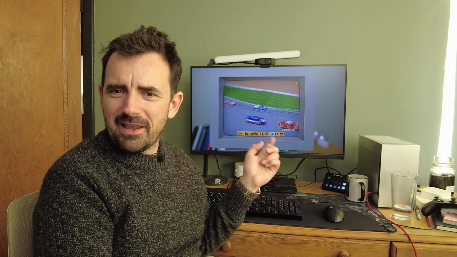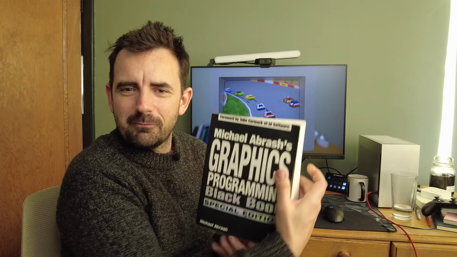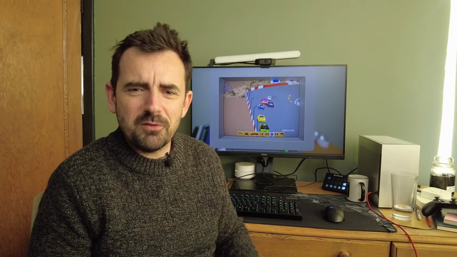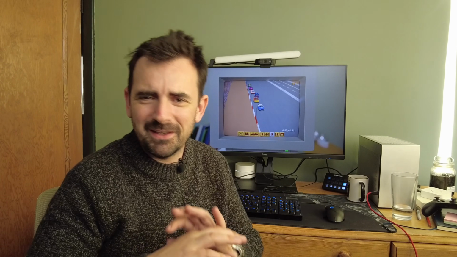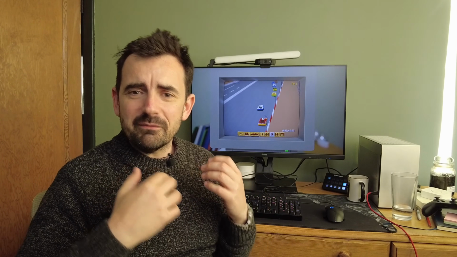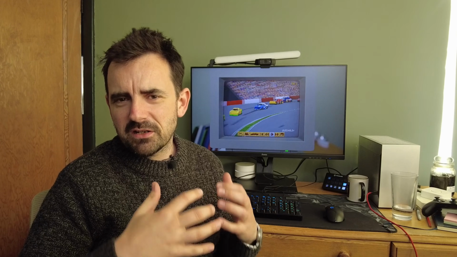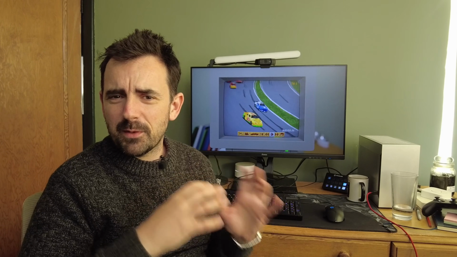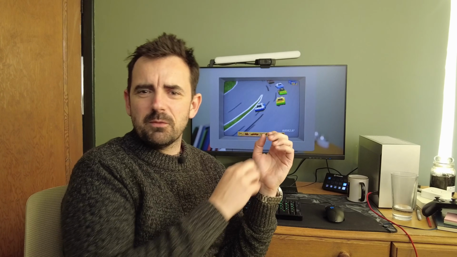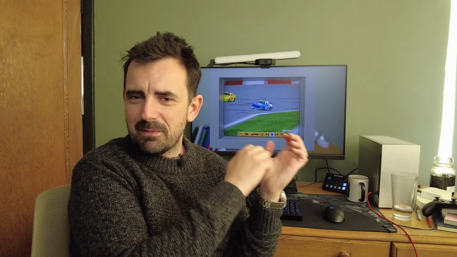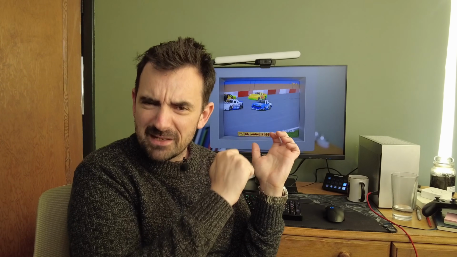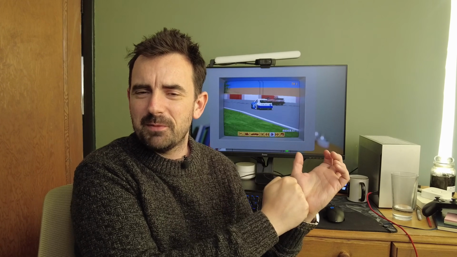You could play a game like this on your PC and then read a book like the old Michael Abrash tome, which would tell you this is how you draw polygon graphics, this is how you do texture mapping. It all felt like it's something that with enough time, you as an individual could do. And it's between those two points, where you had 16-bit assembly and had to really crank the performance and it was really difficult to get stuff working on a PC,